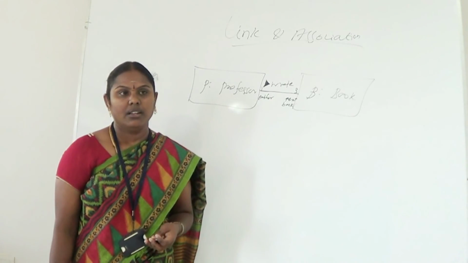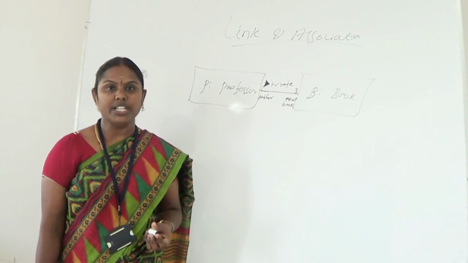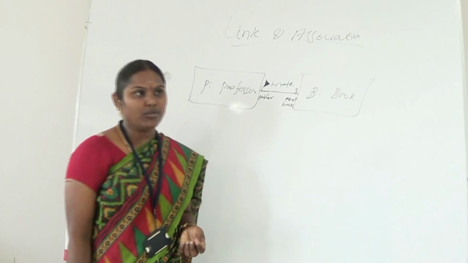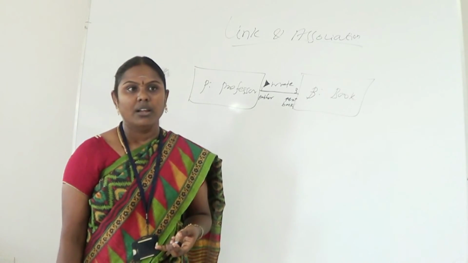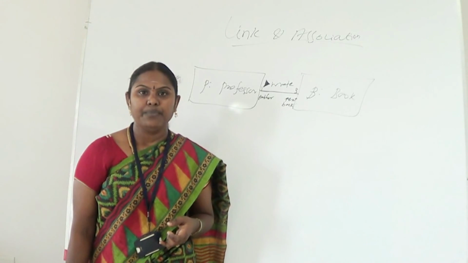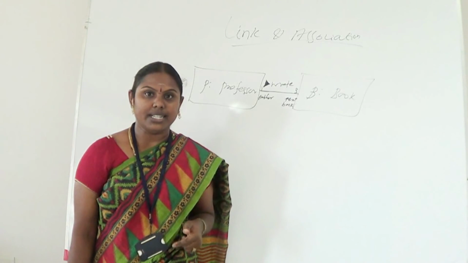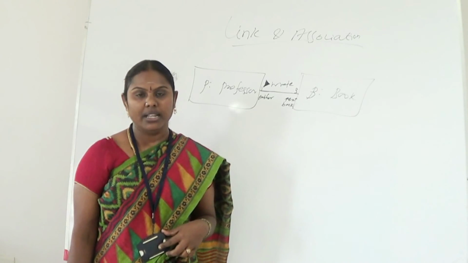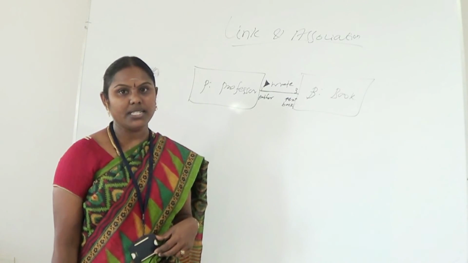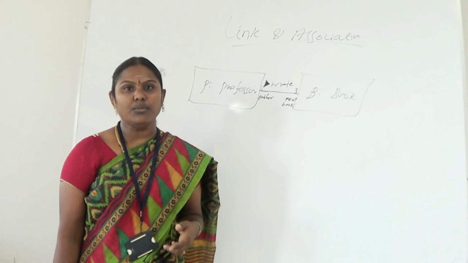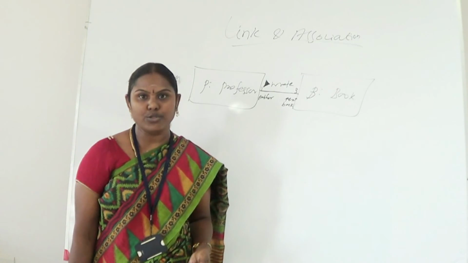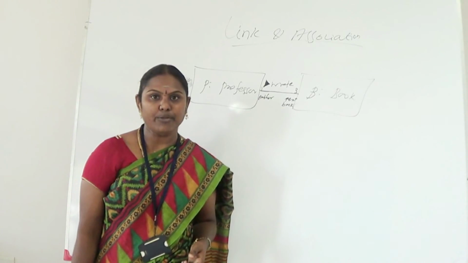Then association. Association is a type of relationship among the objects and classes. Here we have to consider 3 different types of relationship: unary, binary and then ternary. Unary means it connects objects of the same class. Binary means it connects objects of 2 classes. Ternary means it connects objects of 3 or more classes. So likewise we segregate the different types of relationship in association. We can take an example for each category.